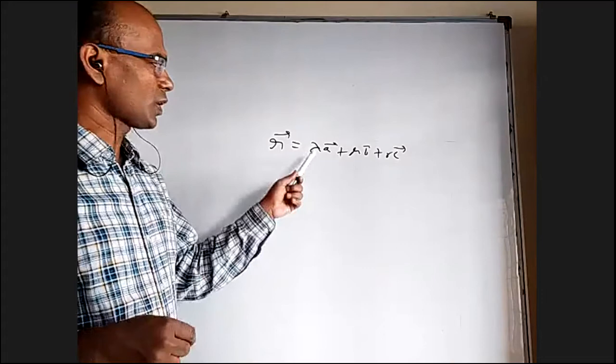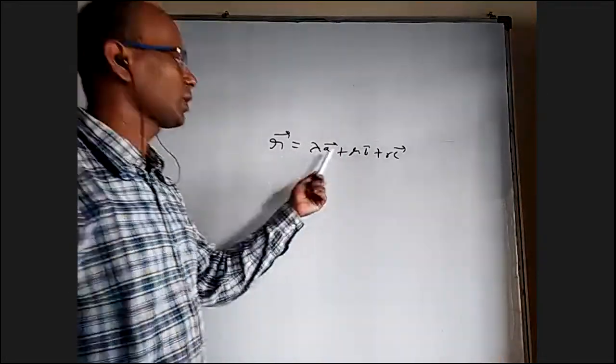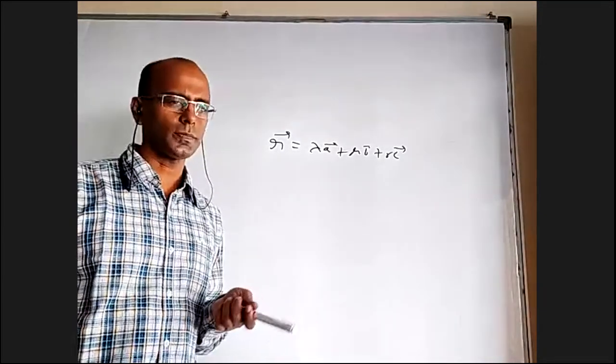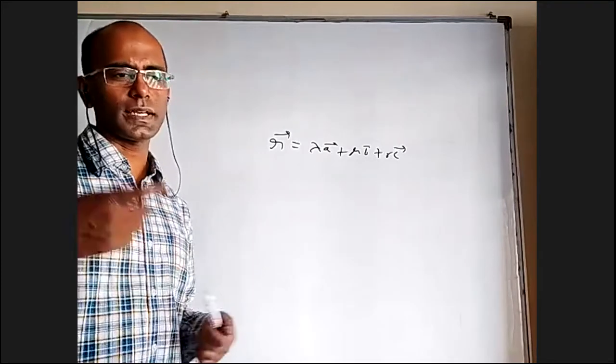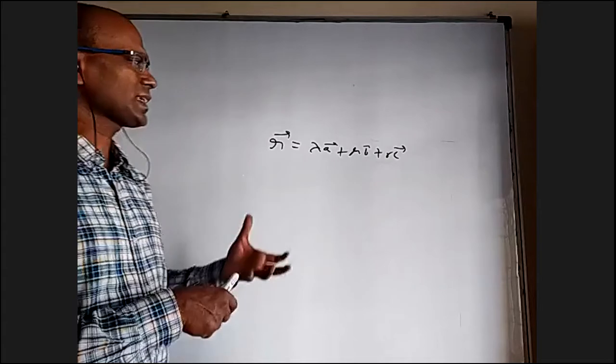If somebody wants to know what is this lambda, what is this mu, what is that gamma? Let's say I'll give you R bar, A bar, B bar, and C bar. You can find lambda, mu, gamma by comparing coefficients. Without that, in vectors itself, without writing IJK form, if you want lambda, you should do something such that these two are gone.